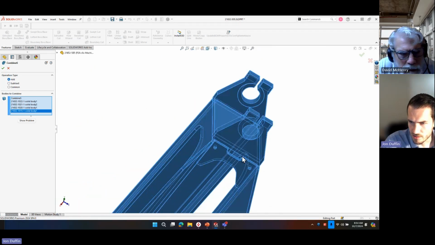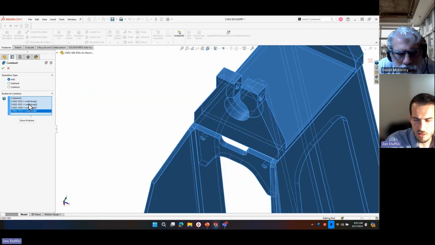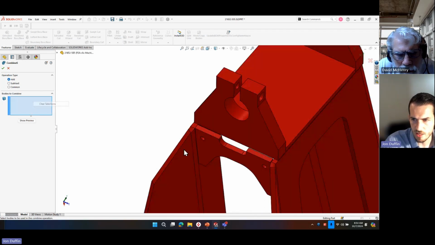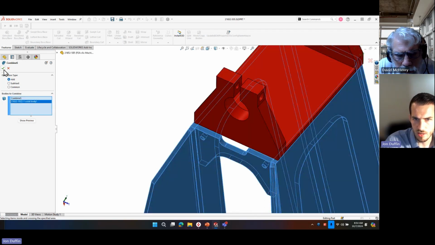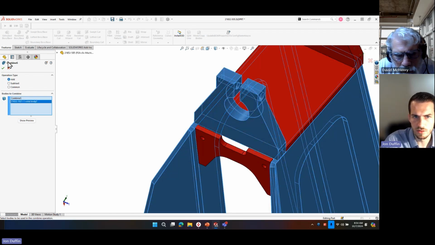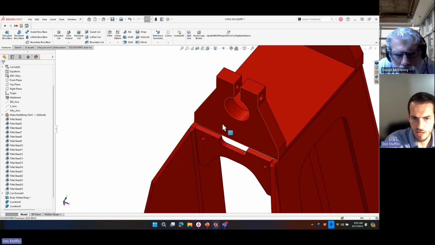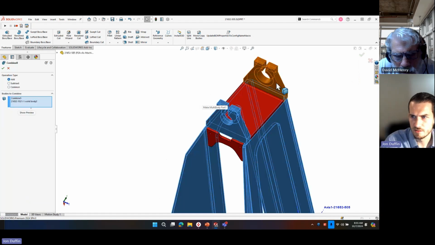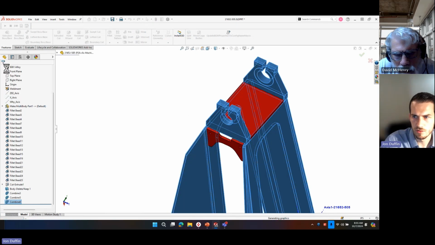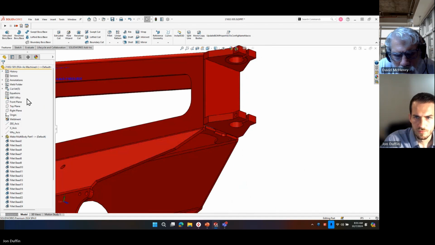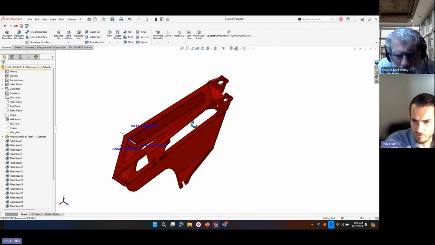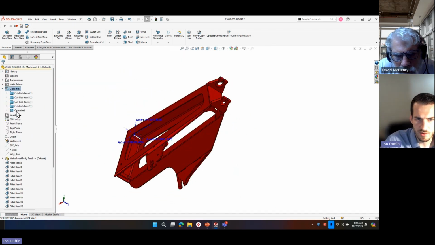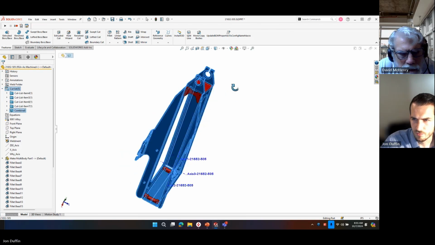Okay, yeah, and this one, it's not combining here. So we might have to do some geometry simplification, but I'm going to do it one at a time and see what it's going to do here. Okay, so it was able to do that one. So right now we've got a body that represents several on here. Okay, so we've got a number of them, now we're down to